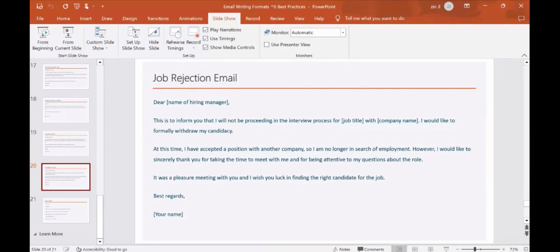So as you can see, over the last few examples, all of them have a similar format. It is your introduction, it is the body, which is your because, it is your ending, where you're reiterating the fact, and you're saying if you have any questions, please feel free to reach out to me. Everyone follows a very similar format. And then it's the best regards and your name and stuff like that. And if you see in all the emails, it's been 2 to 3 sentences, 2 to 3 paragraphs. That's it. Clear, concise, and to the point. That's where you want to be with all of your emails, right?